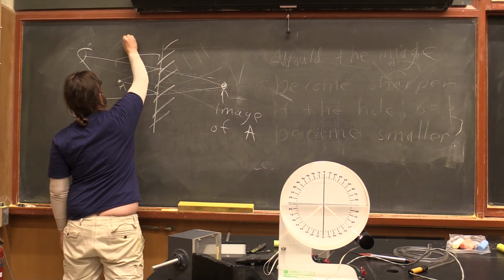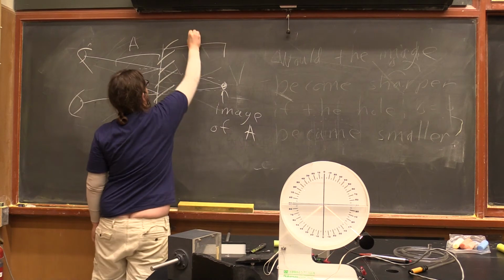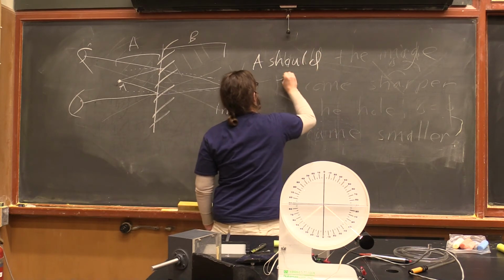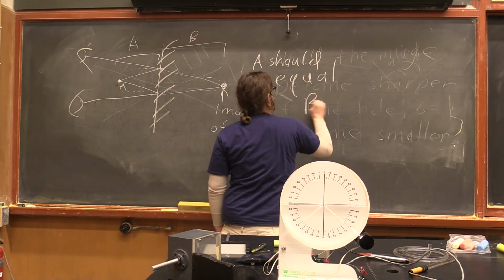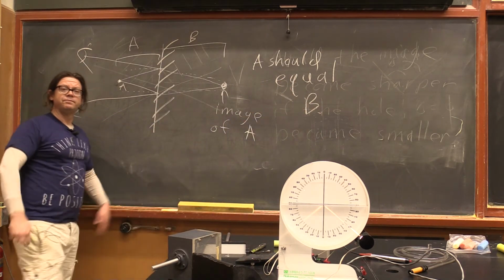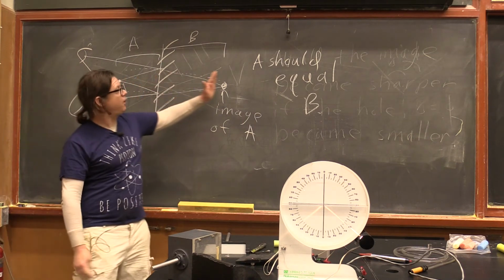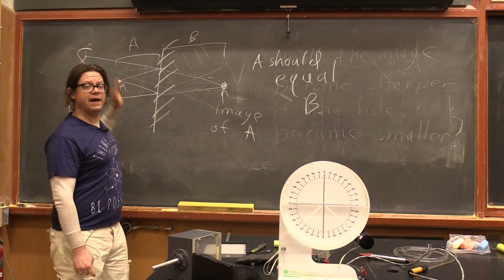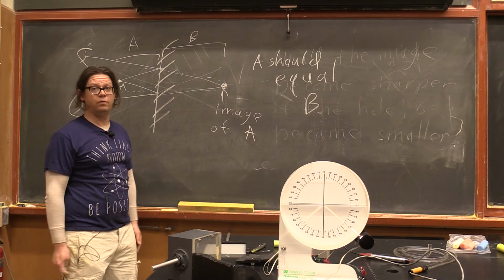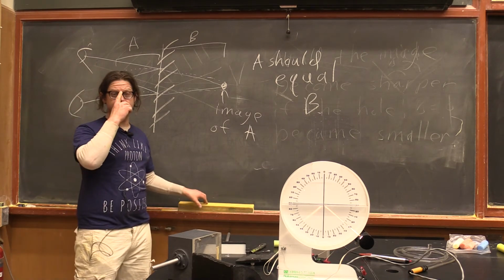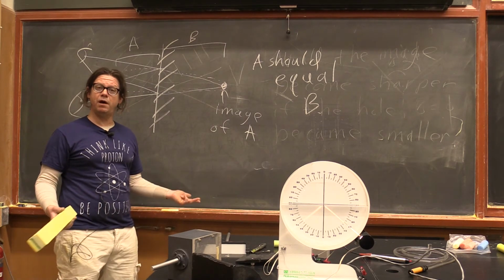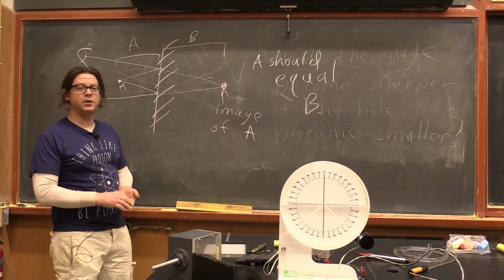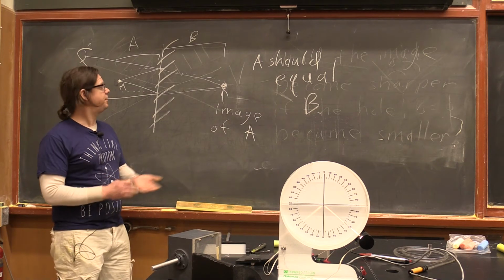So this distance, A, is meant to be equal to this distance, B. When you are dealing with a flat mirror, flat mirrors create images that should be as far behind the flat mirror as the object creating the image is in front of the flat mirror. So that's a general rule that will hold. You can occasionally use it to your advantage when you're working through either life problems or homework problems. I'm going to make much hay out of this later. Not so much right now, but this is a good time to note that this is your very first example